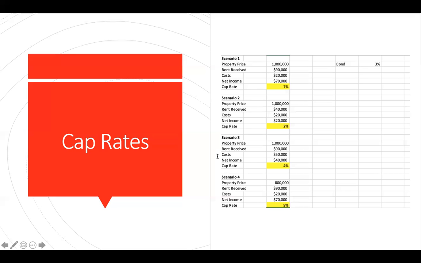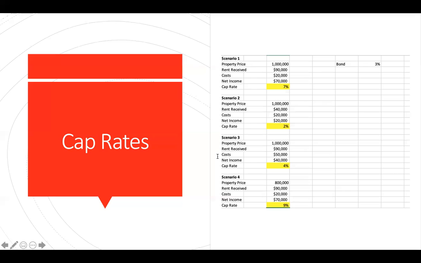Property investment is risky, and there can be several scenarios where the return represented by the capitalization rate measure can vary widely. For instance, look at scenario two. A few of the tenants may move out and the rental income for the property may diminish to $40,000, reducing the $20,000 towards various maintenance costs and property taxes. And assuming the property value stays at $1 million, the capitalization rate comes to 20,000 divided by 1 million, or 2%. This value is less than the return available from risk-free bonds.